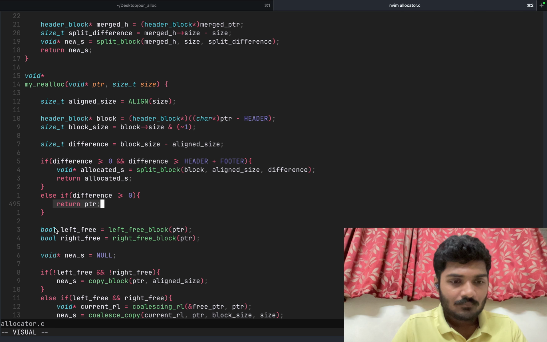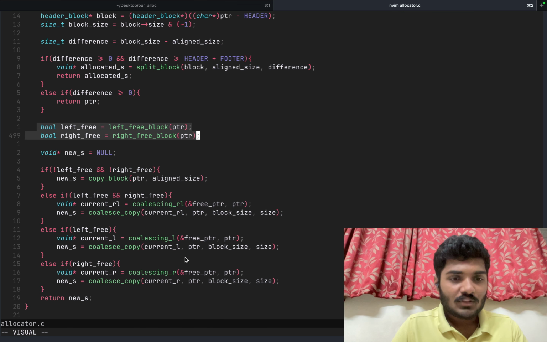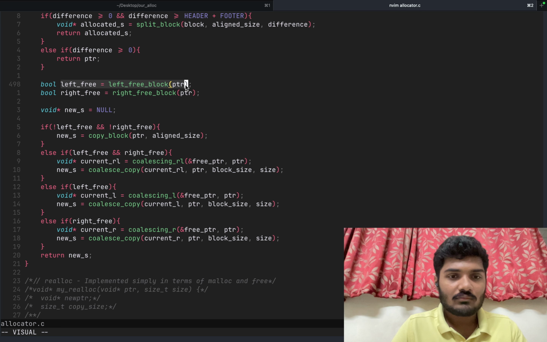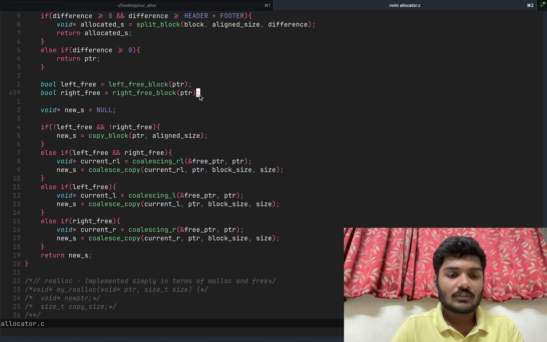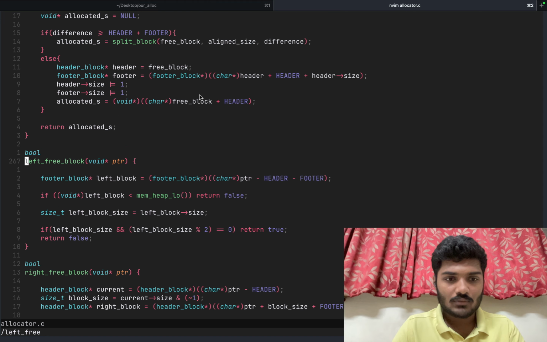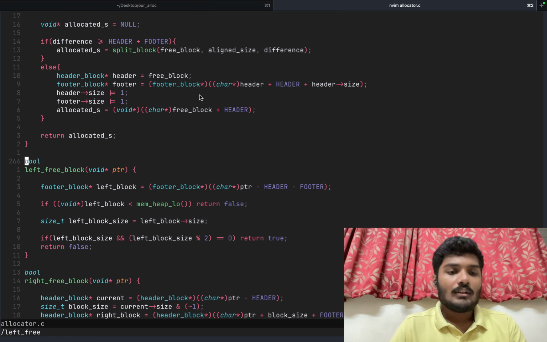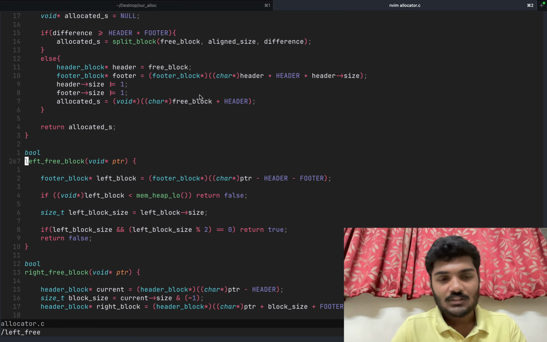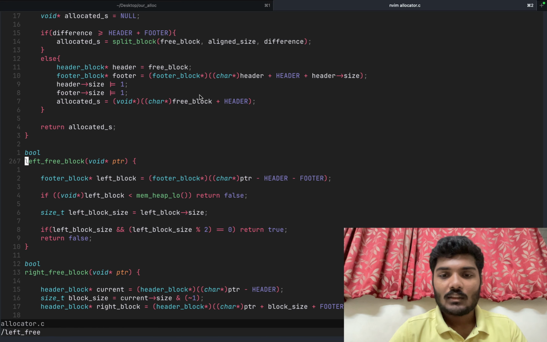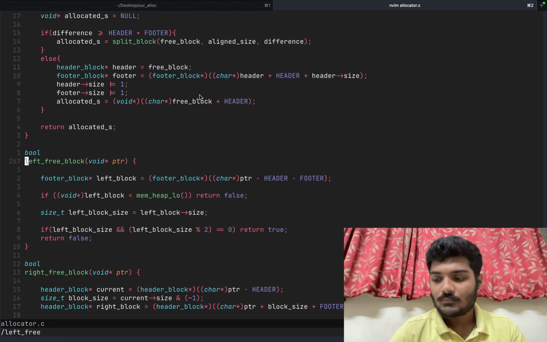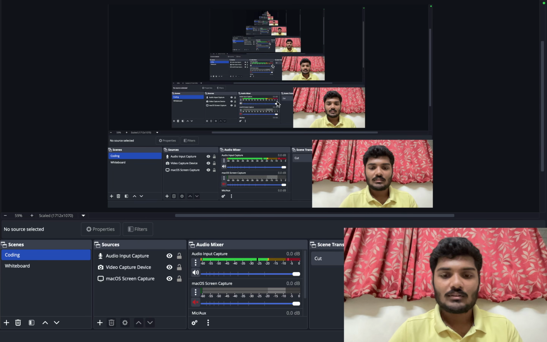So that's fine. So here we check if the left and right blocks are free. So here we get the values, so let's get to these functions. So left free, yeah, let's get to left free, must be over here. Yeah, nice. So left free gets a pointer. So this pointer is, you can say,